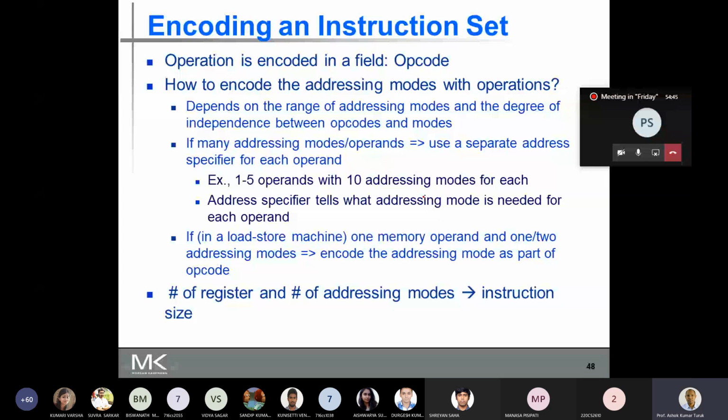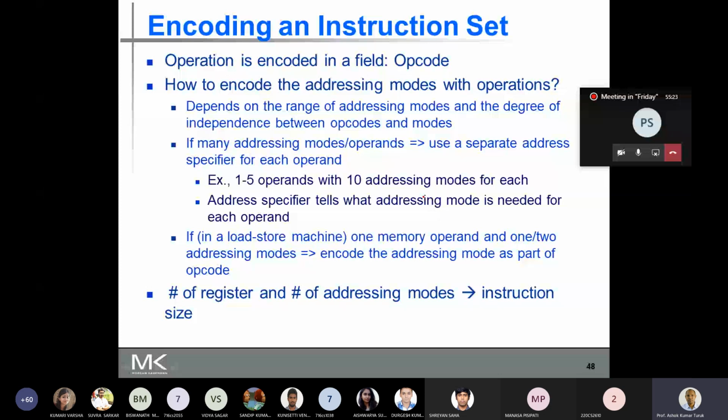Now the number of registers and the number of addressing modes are going to affect the size of the instruction. If we have a large number of registers, specifying the register will also take some number of bits, and if we have a large number of addressing modes, there has to be a mechanism to specify the addressing mode. That mechanism will also consume some number of bits in the instruction.